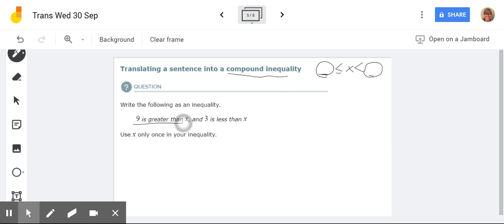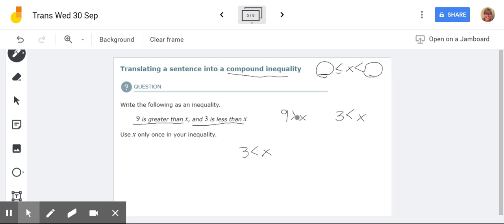Okay, so it says write the following as an inequality. 9 is greater than x. So write that right away. 9 is greater than x. And 3 is less than x. 3 is less than x. They're purposely giving this to you in a weird order so that you have to flip it around. Okay, see how 3 is less than 9? The lower number is going to go on the left-hand side, and you're going to write it in a logical form. So 3 is less than x is going to come down here, and then we're going to flip this